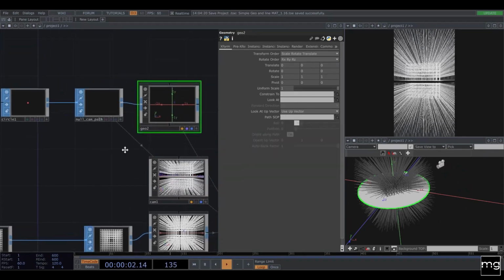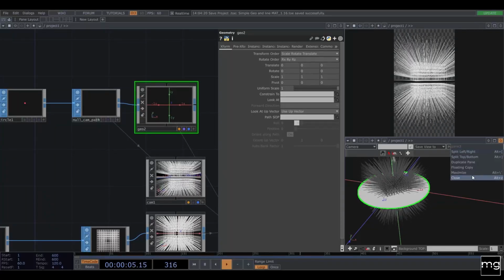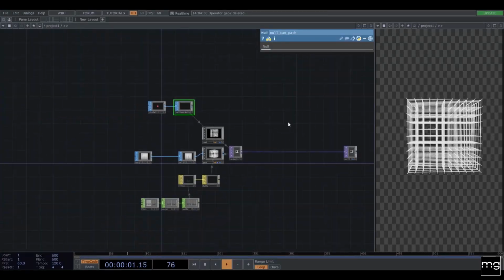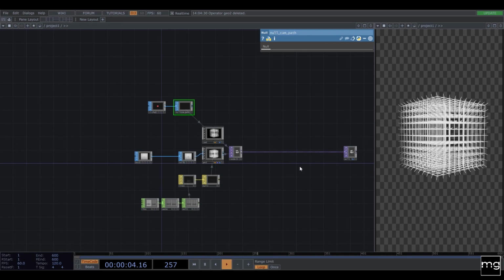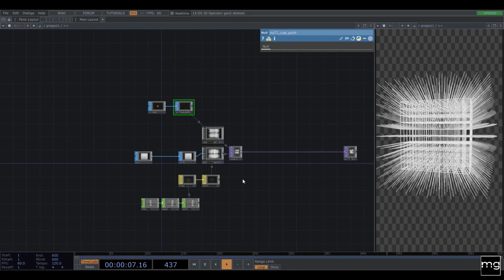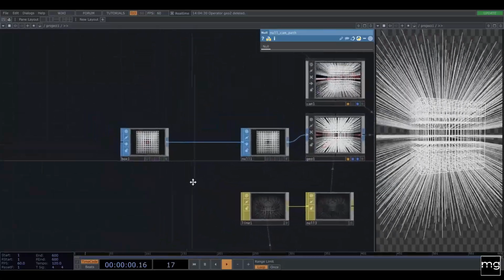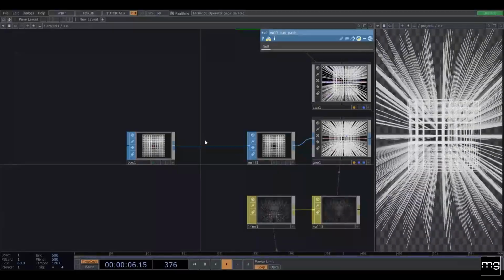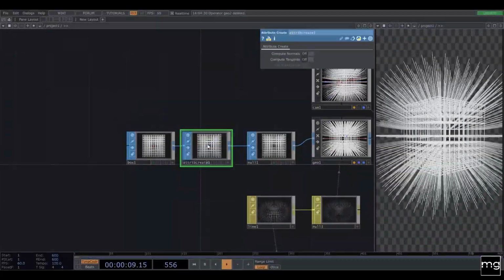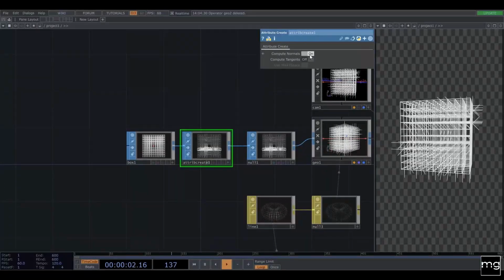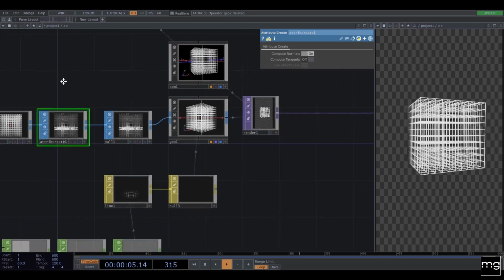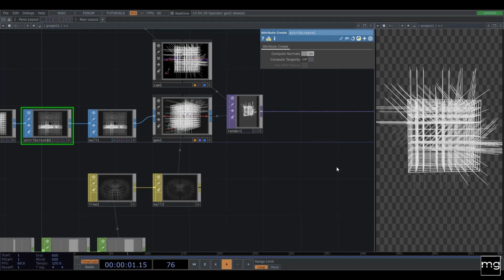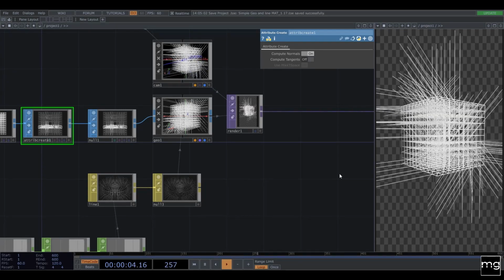And now this geometry, we don't need it because it's rendering and we don't want that. So I'm going to close this panel and delete this geometry. But now we know that the camera is going past. As you can see now, everything is coming from the vertices. And if we want a little bit closer to the effect that I created, I'm going to add an attribute create. And from here, we're going to compute normals. So that's going to start creating that pathway, a different kind of arbitrary, but it's because it's coming from the normals.